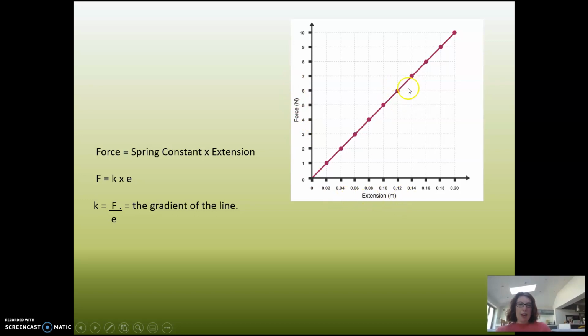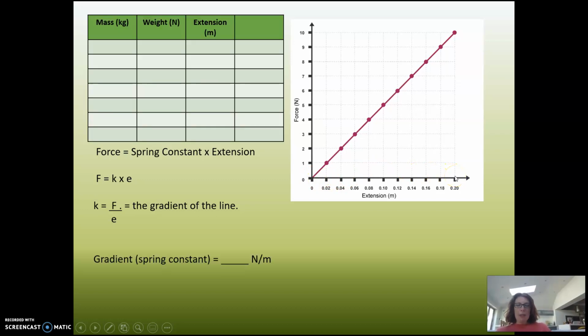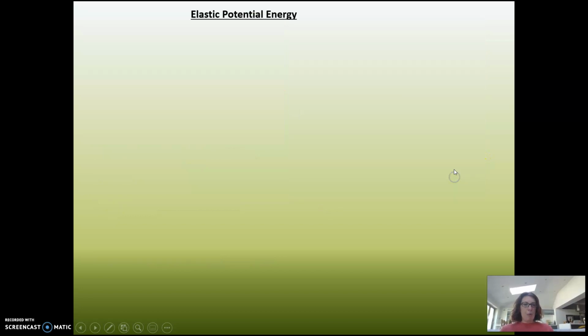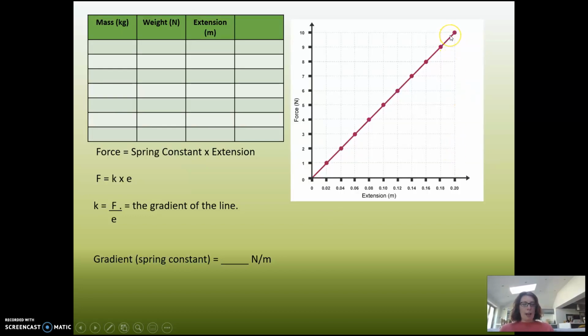So if we work out the gradient of the line, which is the steepness of the line, we'd be doing the force here, which is 10, divided by the extension, which is 0.2. And that would give us our spring constant. So we do the change in the force, 0 all the way up to 10, so that's 10, divided by the extension, which goes from 0 to 0.2, so we're doing 10 divided by 0.2, that gives us 50. So the stiffness of this spring is 50 newtons